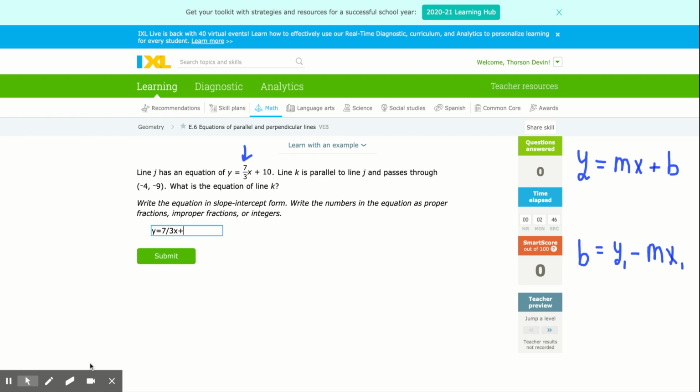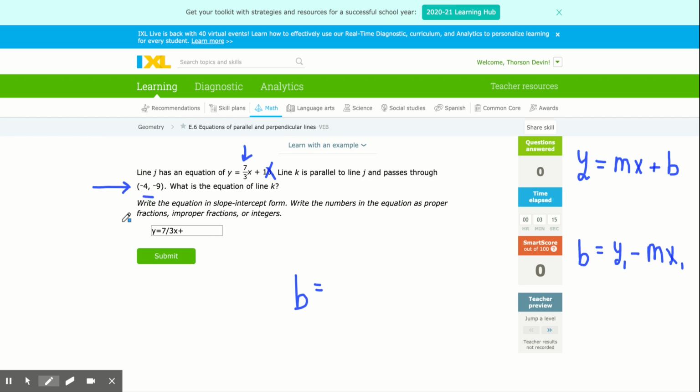value. Now, the b value is not the same, otherwise it'd be the same equation. It's a different line. And it doesn't give us the b value, because remember, what's b? b is where we cross the y-axis. This is not the y-intercept. But we can find b by rearranging this equation and using this equation. So in other words, I can find my b value by taking the y it gives me of the point